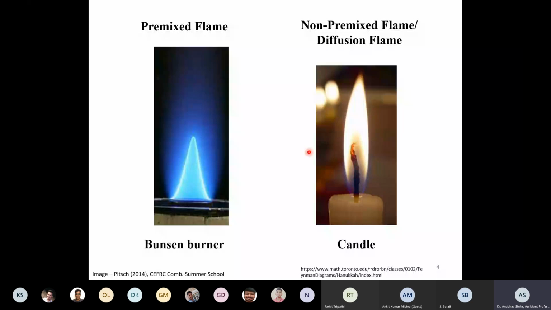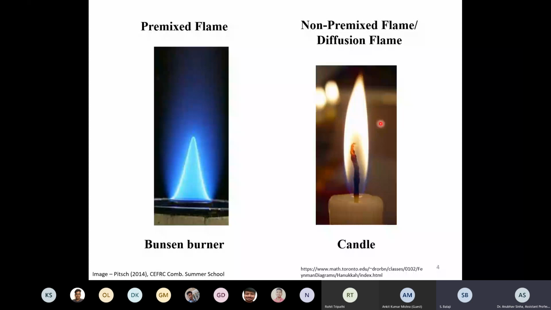In general, diffusion flames, not always but generally, look yellowish, and premixed flames generally look blue. Can anyone guess why that is so? Why is that difference? What do blue and yellow signify? Maybe the chemical reaction that is taking place might differ. Like in a diffusion flame, oxygen is not spread throughout, so first it might form CO and then it might form CO2, and that electron jump might produce a different light color.